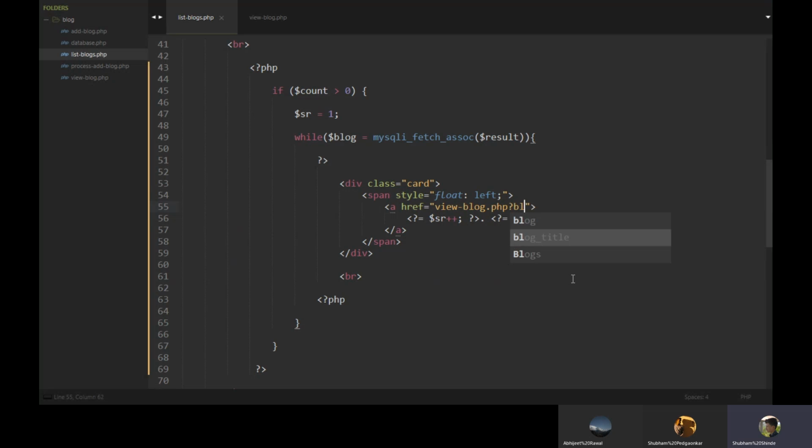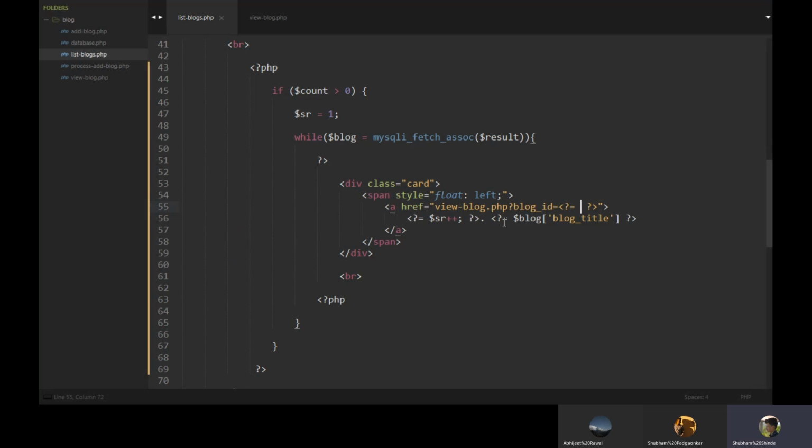We'll say blog_id is equal to, we'll print PHP, because we have to give access to that ID. It will get executed and print the ID.